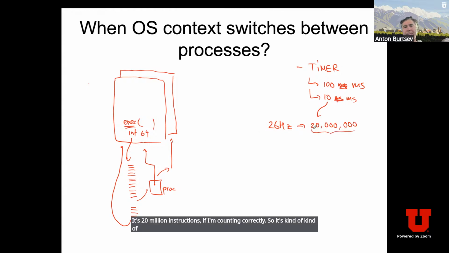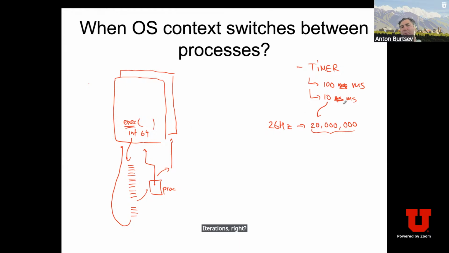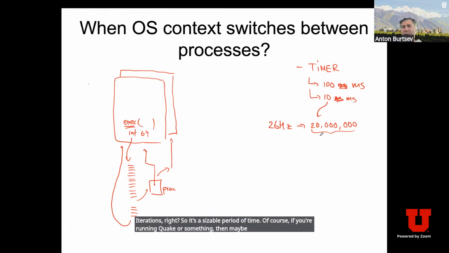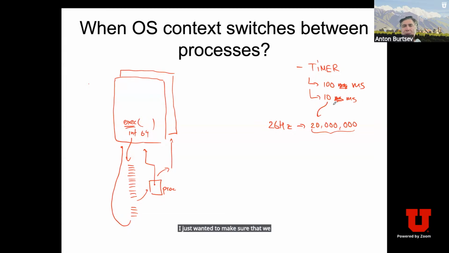Especially for our tiny programs, something like cat will be able to do a million iterations of a read from standard input to standard output. So it's a sizable period of time. Of course, if you're running Quake or something, it gets a little tough, but still, I just wanted to make sure that we understand that it's quite a bit of time. So yes, sure,